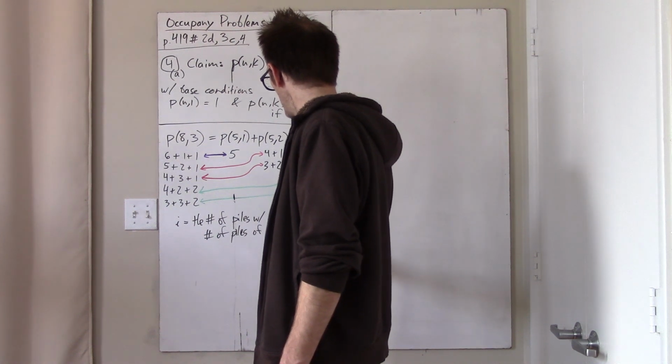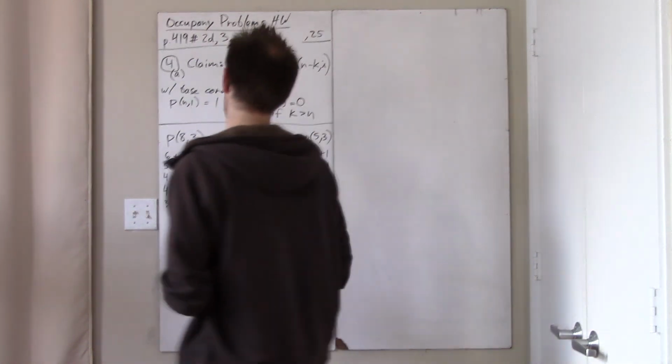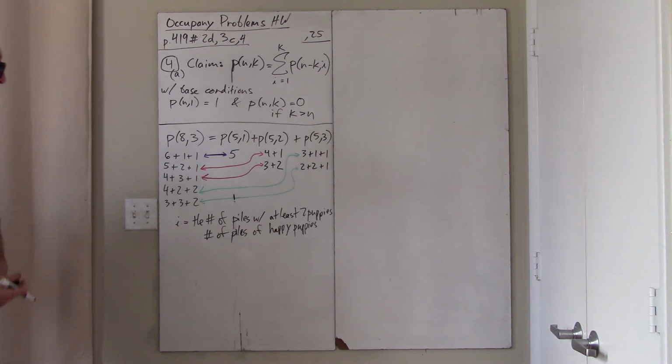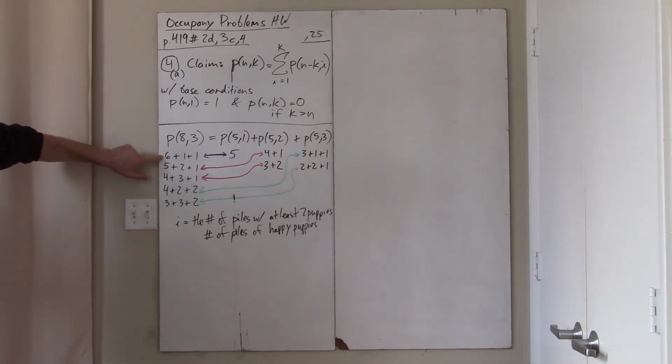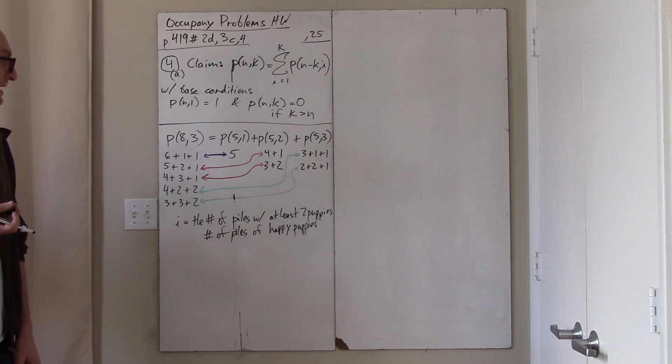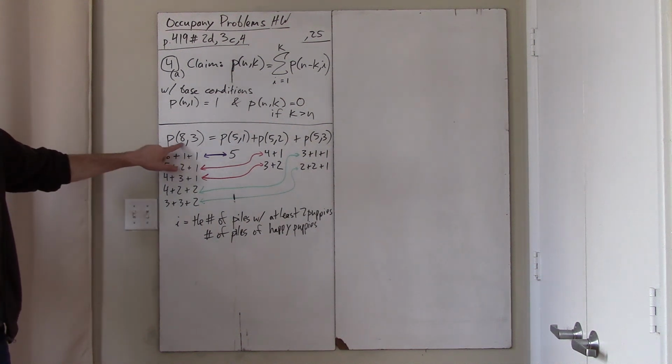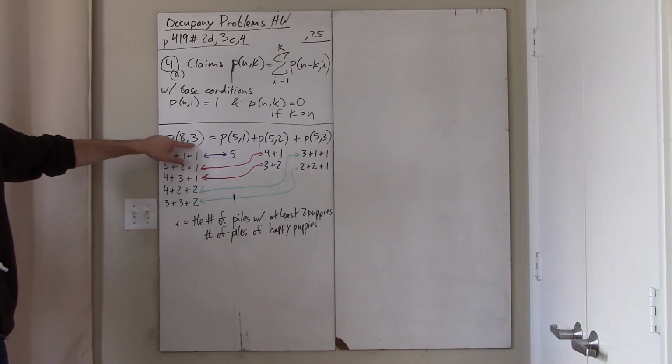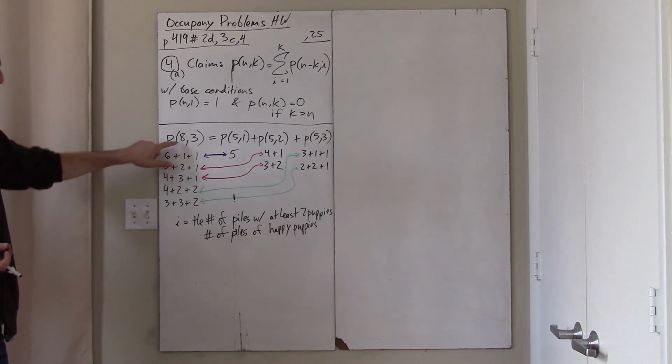Okay, and now we see, I think, exactly what's going on here, right? Here, if there's only 1 pile of happy puppies, wait, let's see. I want to go maybe from right to left or left to right. I don't know. I guess what I want to do is claim something like this. Claim: both sides count the number of ways to partition 8 indistinguishable objects into 3 piles. For the left-hand side,